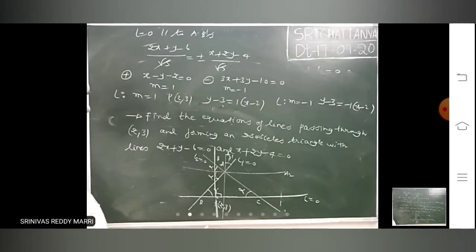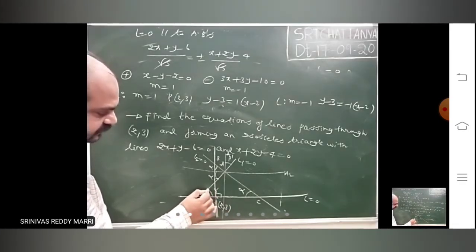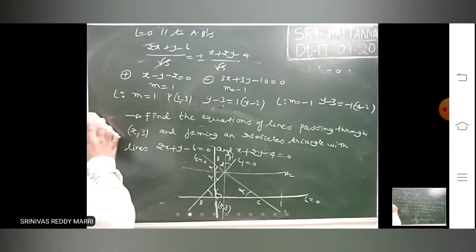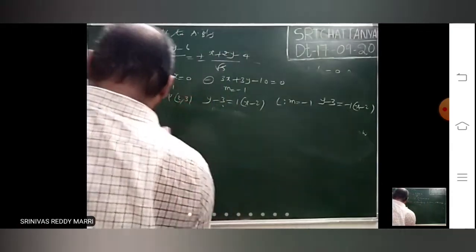This problem was done previously. So the slope of this we have taken as m. This is the slope, and this is the angle, tan alpha equal. Then you will also get the slope of this line. Like this you can do it easily. If you want to find a line passing through a point and making equal angles with two lines, this is the case. Suppose we take another problem.